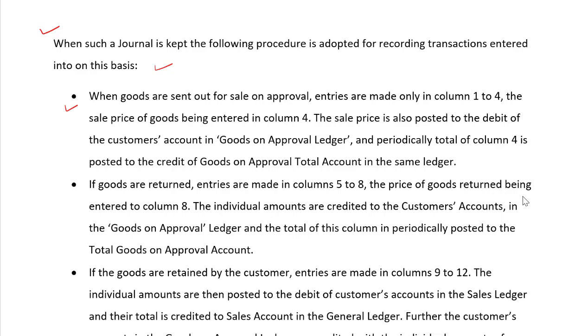The sale price is also posted to the debit of the customer's account in the goods on approval ledger, and periodically the total of column 4 is posted on the credit of goods on approval total account in the same ledger. If goods are returned, entries are made in columns 5 to 8. The price of goods returned is entered in column 8, the individual amounts are credited to the customer's accounts in the goods on approval ledger, and the total of this column is periodically posted to the goods on approval total